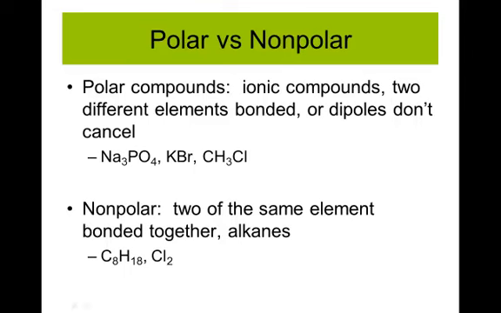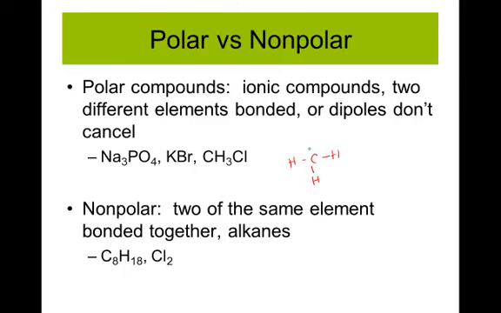If it's a polar compound, that means that it's either an ionic compound, so an ionic is a metal with nonmetals, or you have two different elements bonded together, or it's one where the dipoles don't cancel. In this case, I can see I have a metal with nonmetals, so that would be ionic. This one's also ionic, but it's two different elements bonded together. And in this case, when I would look at